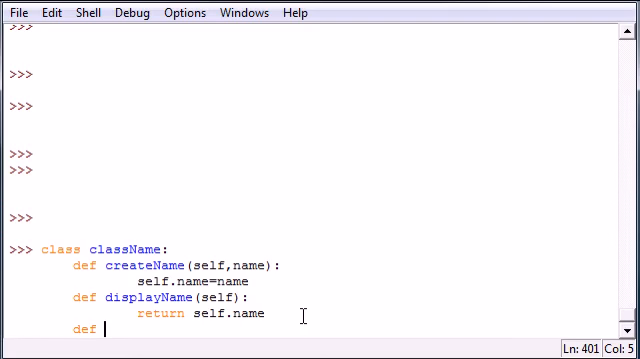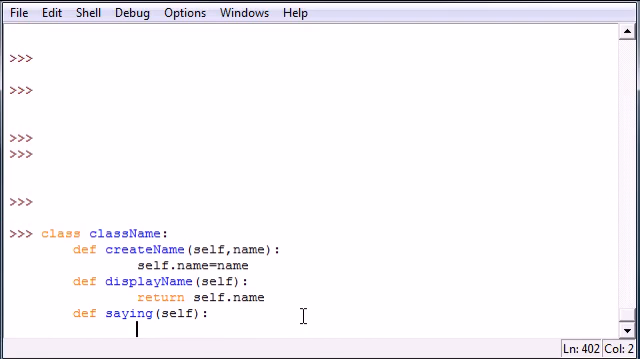The last one I want to make is just a saying, and you can name yours any one you want. I'm just making mine easy so you can see what's going on. And my saying is just going to print out a saying. It's going to be hello some variable, and that variable is of course going to be self.name,